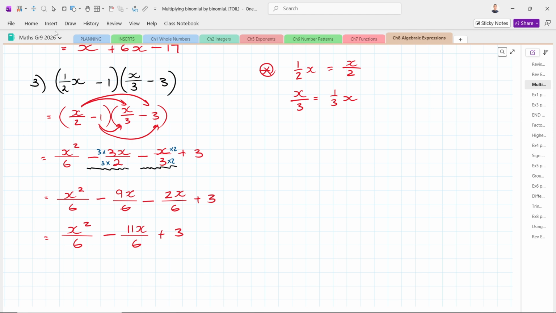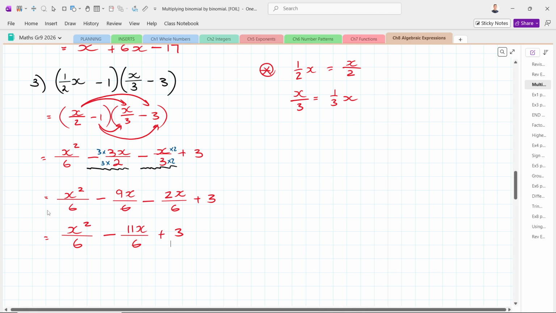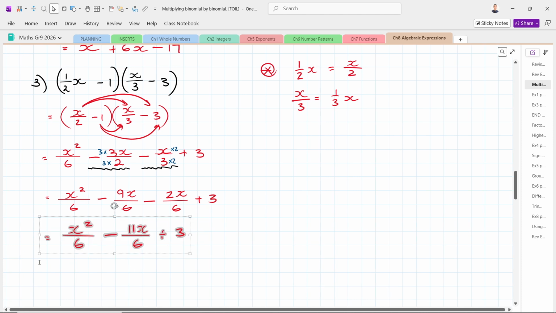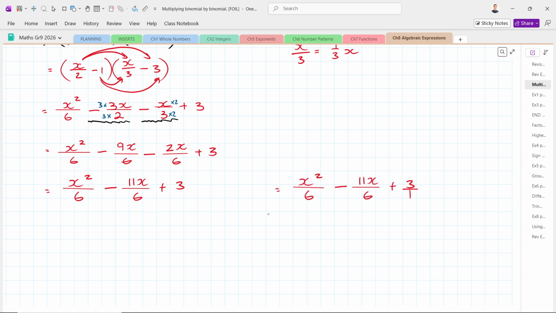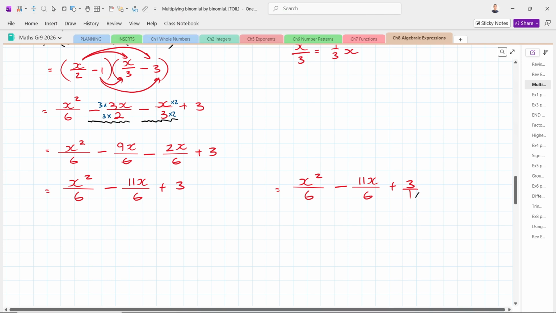Now, there are other things you can do here. You can simplify it further and make it one fraction, but this would be completely fine for a final answer. If you want to make it one fraction, you need to remember that this 3, I'm going to do it here on the side to just show you. This 3 is technically over 1, which means if I want to get it over 6, I need to multiply by 6, top and bottom, meaning that I'll be left with x squared over 6 minus 11x over 6